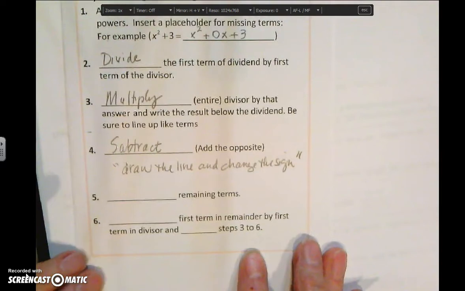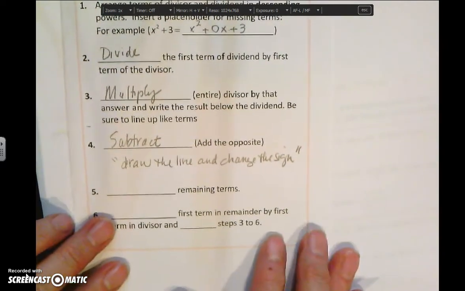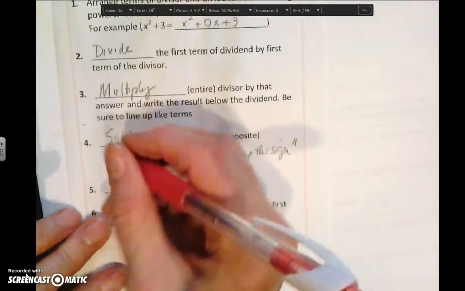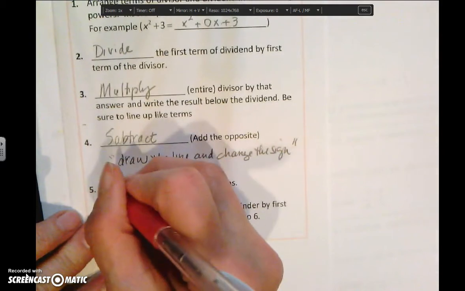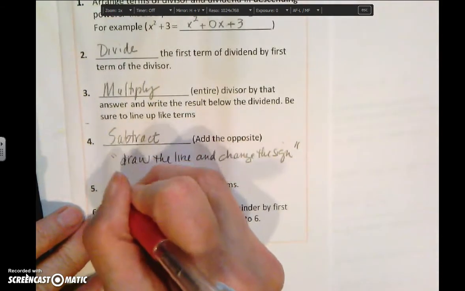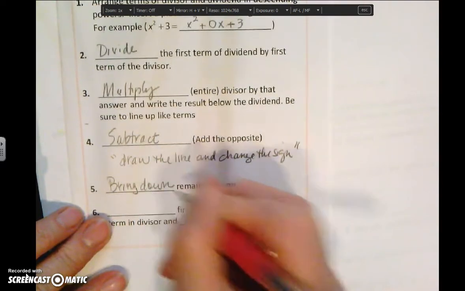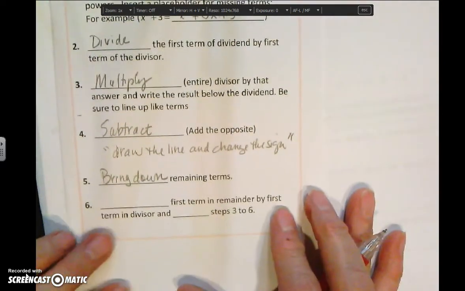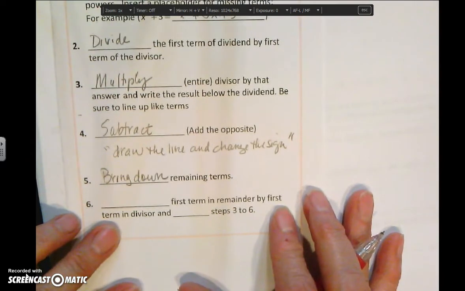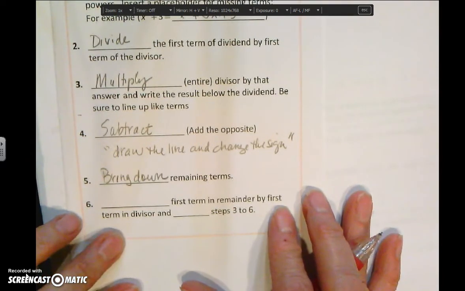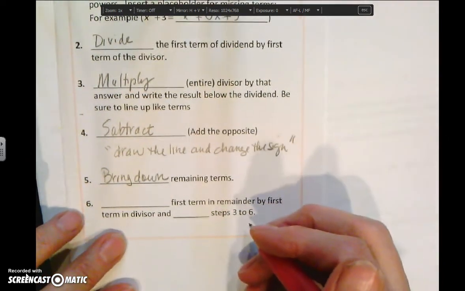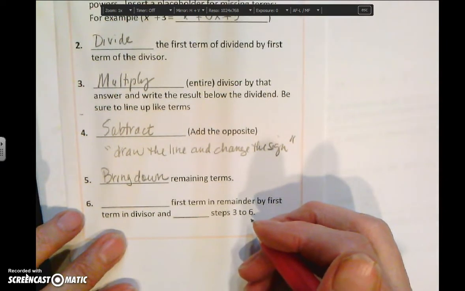So draw the line and change the sign. Then, once you subtract or bring down or do your addition, you're going to bring down the remaining terms. So once you've done that, you've gone through one full cycle, and then you're going to repeat